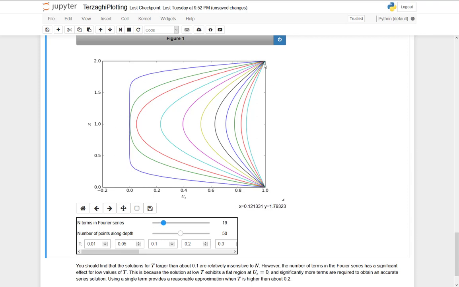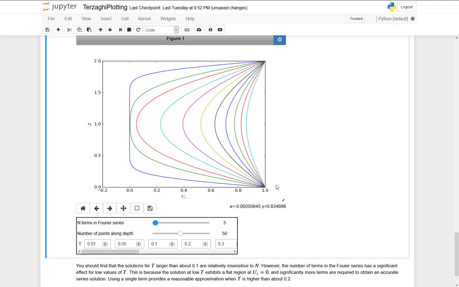Okay, notice how this has a nice curved surface here, and then a pretty straight line surface right there, and then a nice curved surface coming back. Well, the question is, how many sine waves do we need to add together to reasonably replicate this curve? And because it has that flat part in the middle, it takes quite a few sine waves to do that. 19 does a pretty good job. 5, not so great, right? If we go back to 5,